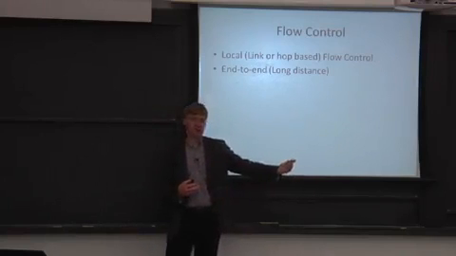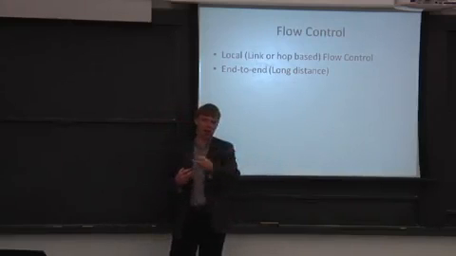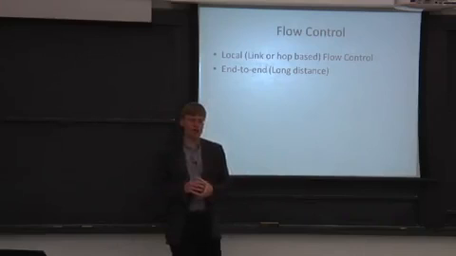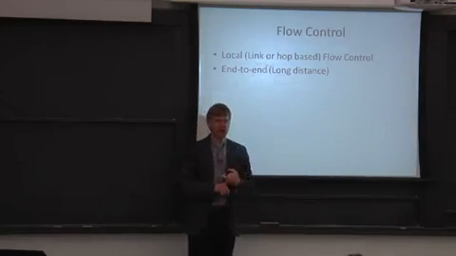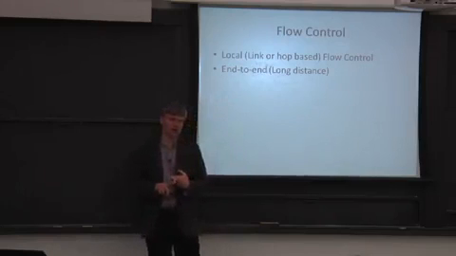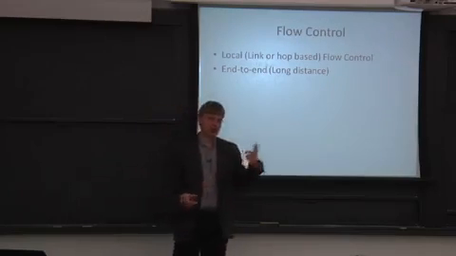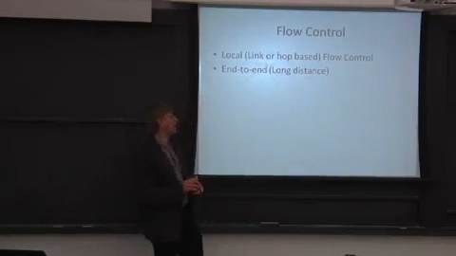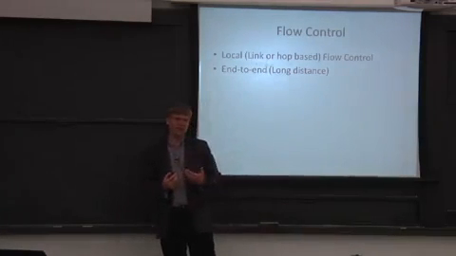Now you could, for instance, back up into the network and have the local flow control all the way back up to the core. You may not want to do that for a variety of reasons. One, if you look at these memory protocols very carefully, you could end up with something that actually starts to look like a deadlock pretty quick. As you start to back up into the network, you can get priorities mixed. Also, more insidiously, as you back up, this is probably not good for performance.